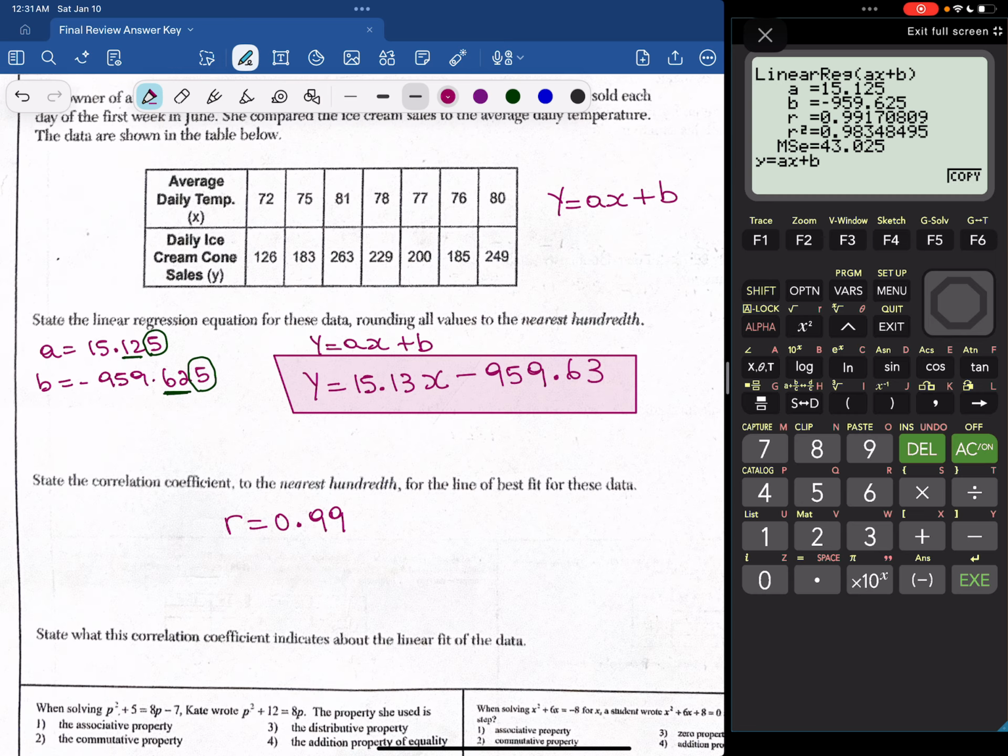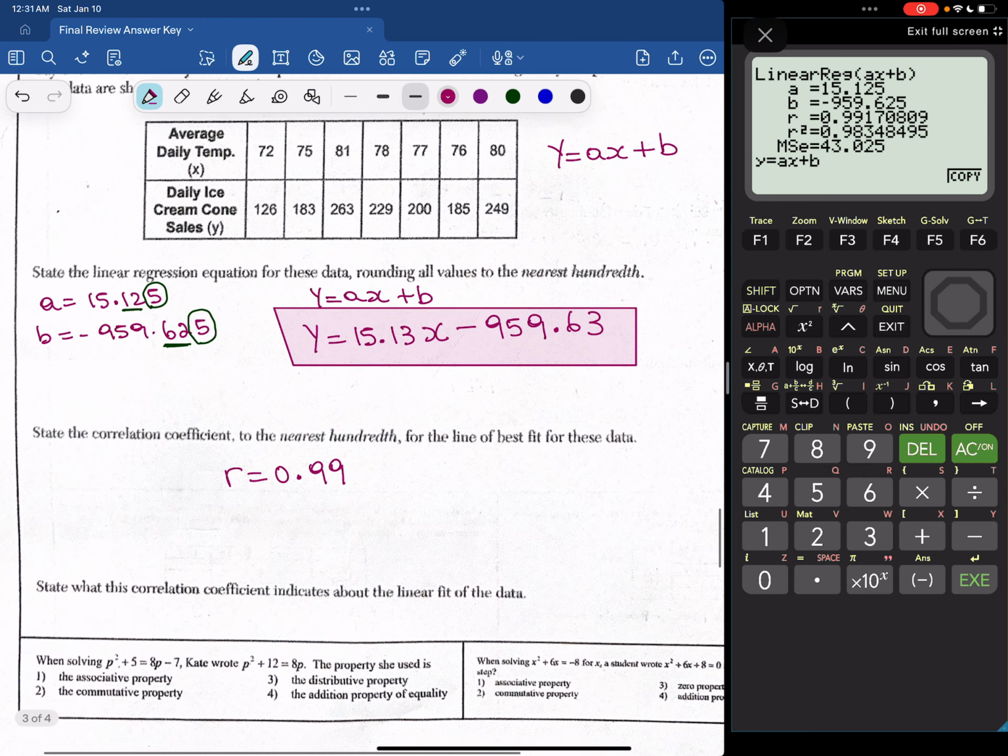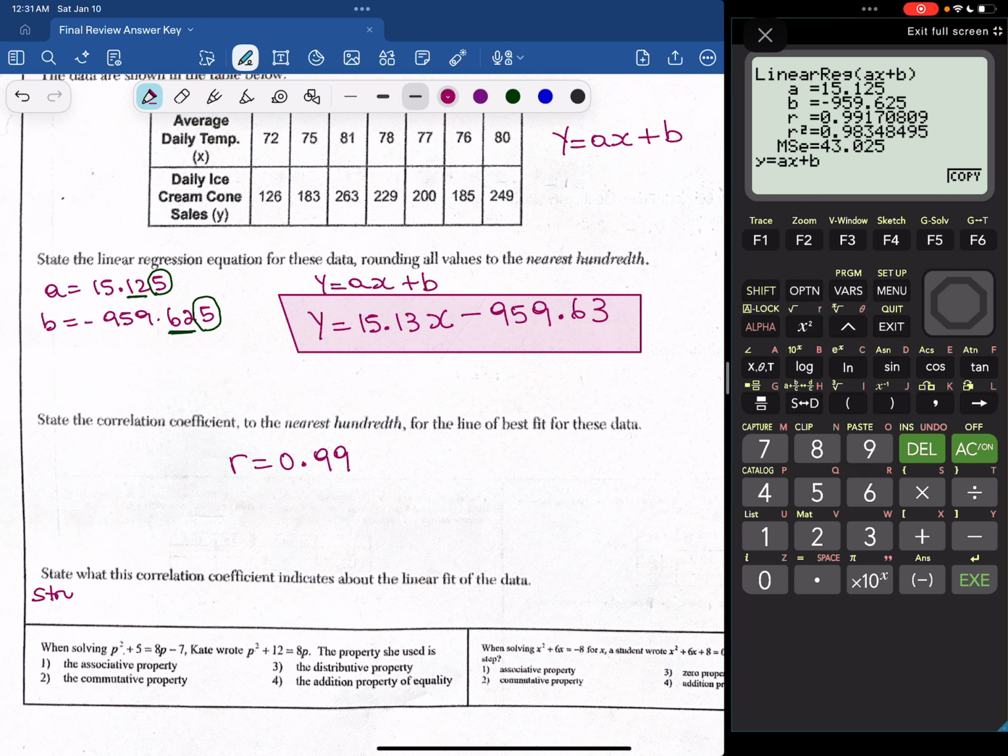Lastly, we're asked to state what the correlation coefficient indicates about the linear fit of the data. So since R is equal to 0.99, it's positive and it's really close to 1. We know that that is a strong positive correlation, right? And then we want to say what it indicates about the data. So we have to say that there is a strong, I'm going to write it out at the bottom here, strong positive correlation